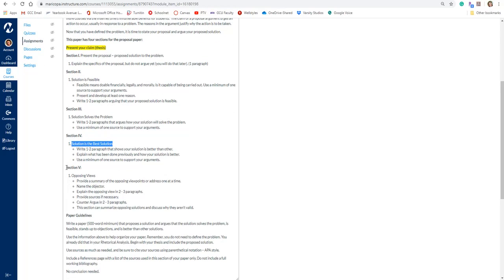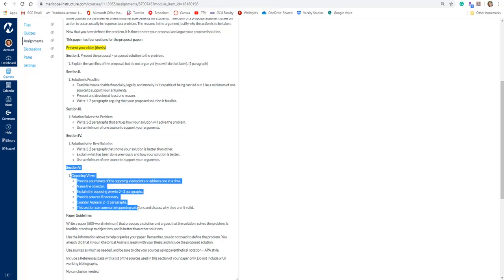Then we're going to move on to section 5, and this is where we're going to switch gears, and quite frankly, where we're probably going to start switching resources. Some of you are going to find that this is super, super easy. Others are going to struggle a little bit here. Okay? Opposing viewpoint means that now you're addressing the other side of your argument. You're addressing the person who disagrees with the paper that you're addressing.